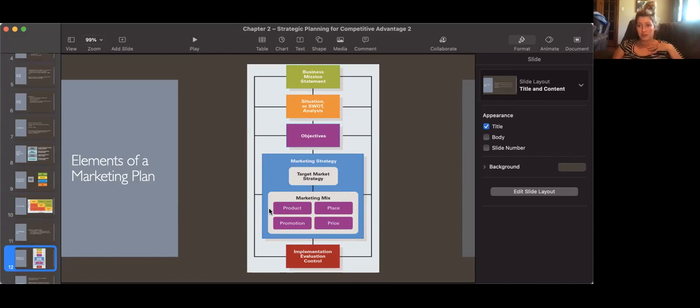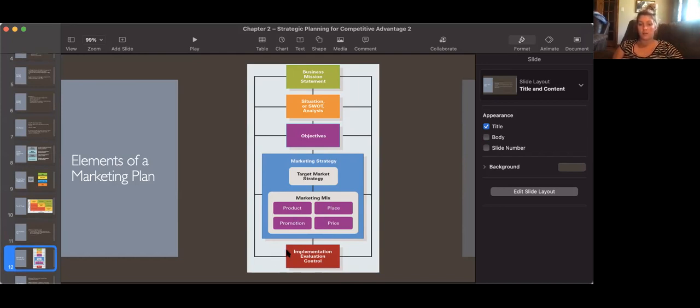My favorite is promotion because that's what my background is, but there are others that love pricing. They think pricing is really interesting. They love to talk about elastic pricing and how to change pricing and how that affects the bottom line, how that changes their return on different businesses' investments. Some people are really interested in where they place the product. Where does the product go? Where do you put this thing? And then some people are interested in the product itself. So developing new products, the product life cycle, all these different things. We will break down each of these components as we go, but this all together is the marketing mix. You need all of these to be effective.